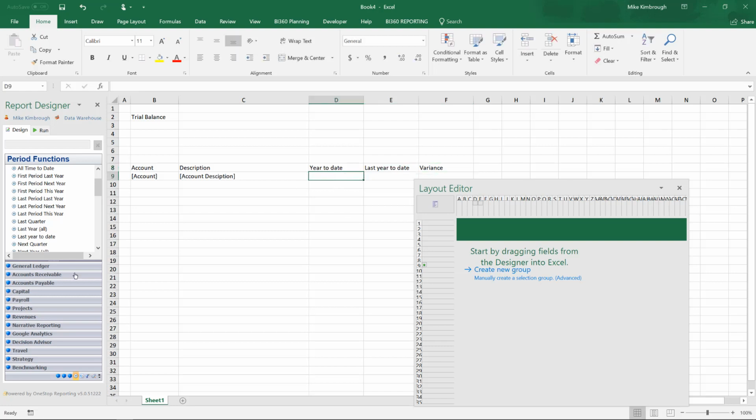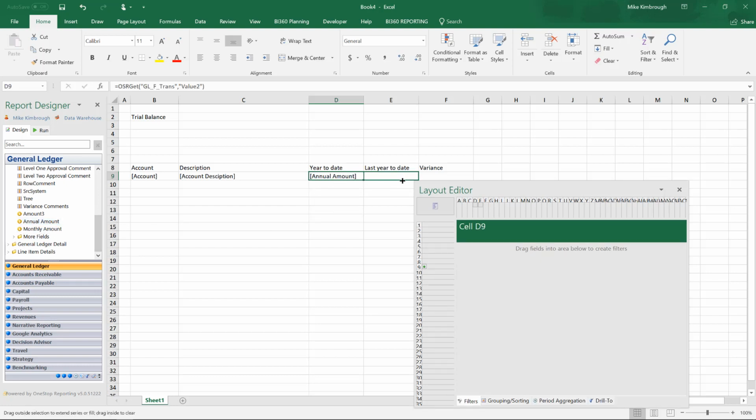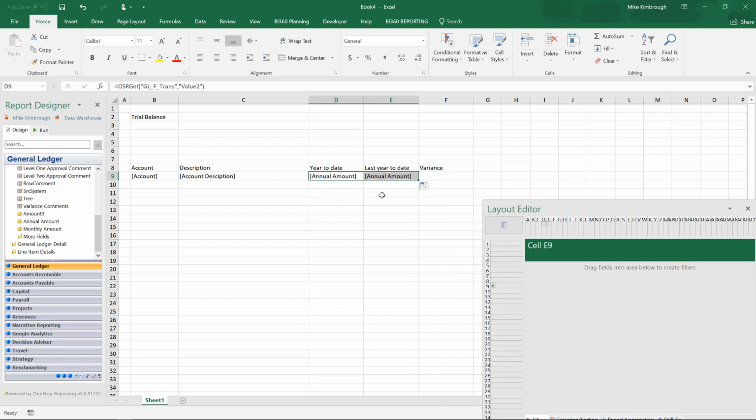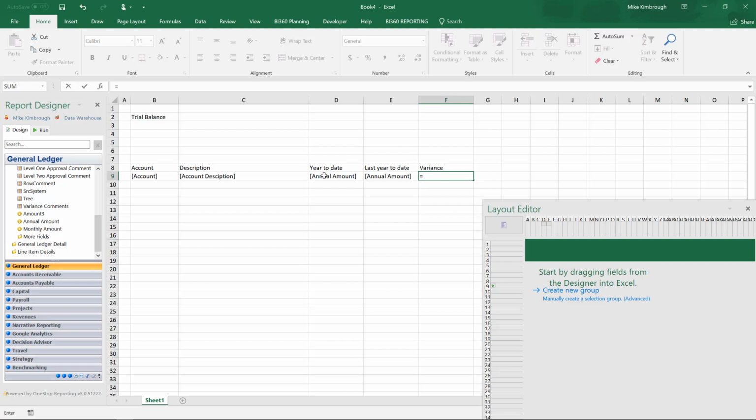So now I can pull in my amount, and I need to just go back to my general ledger and scroll to the bottom here, and I will pull in my amount. And standard Excel functionality, I'll just drag that amount into column E, and then I'll write my variance. So equals this minus this. And I will add a total,